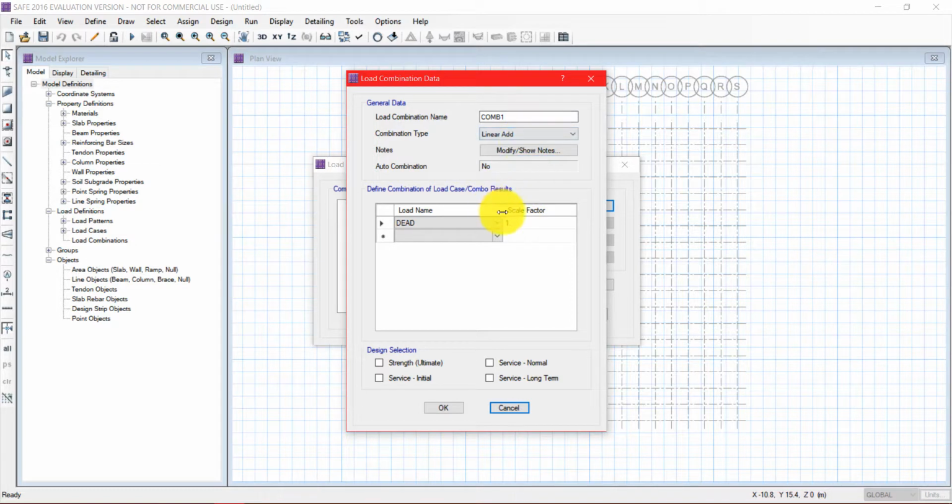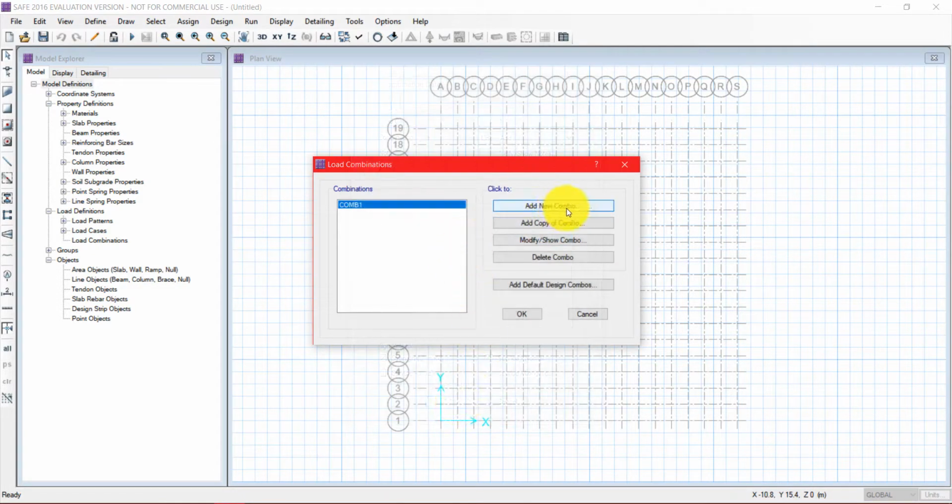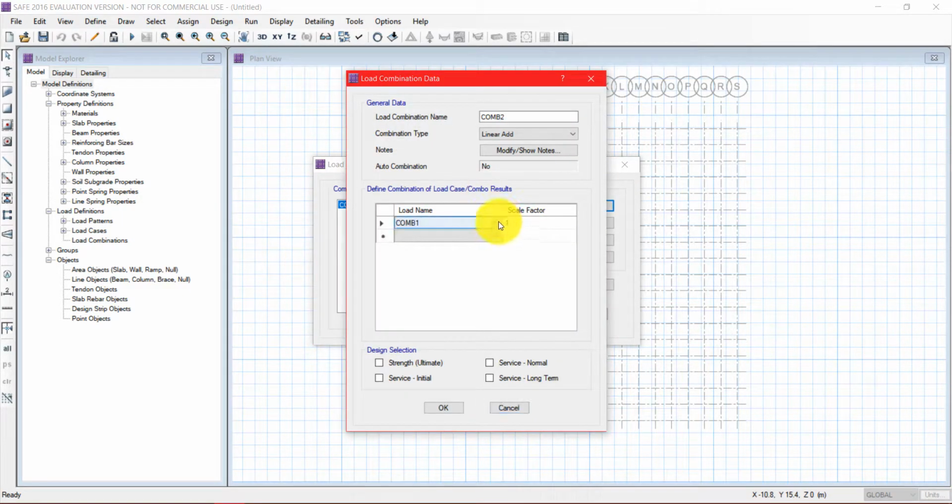Combo 1: we'll be taking dead load with a scale factor of 1.5. For live load also, we'll be taking a scale factor of 1.5. This will be strength ultimate. Now add another combo. The other combo will have a scale factor of 1.